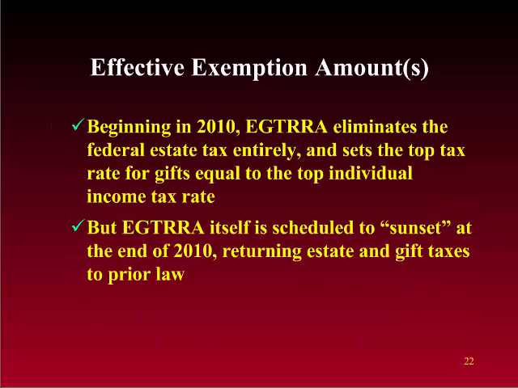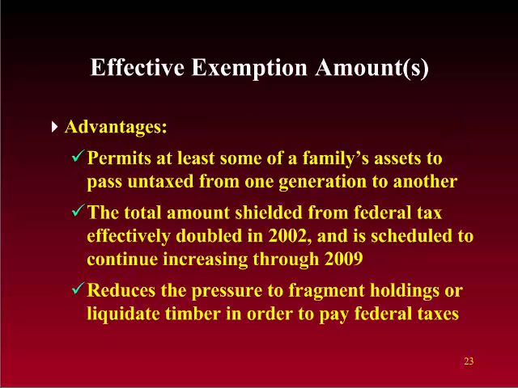Beginning in 2010, EGTRA eliminates the federal estate tax entirely and sets the top tax rate for gifts, so there still will be a tax on gifts, equal to the top individual income tax rate. But EGTRA itself is scheduled to sunset at the end of 2010, and the law snaps back to what it was before EGTRA, okay? So advantages of the effective exemption amount is it permits at least some of a family's